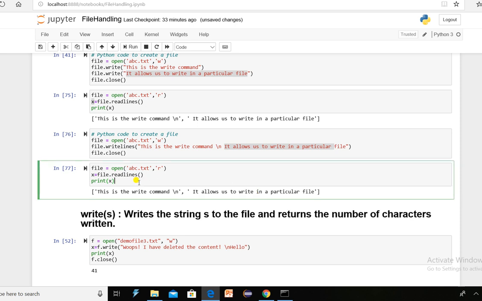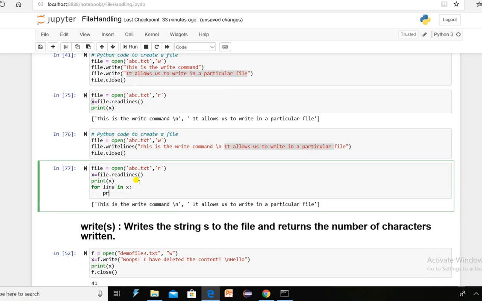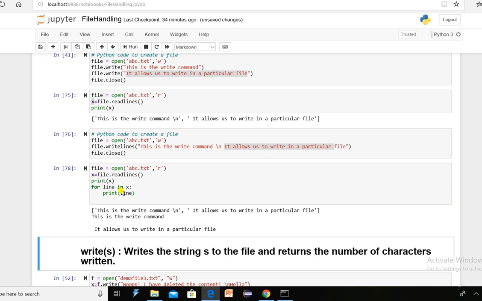And if I want to read it, how can you read? Suppose for line in x, print line. It will give me: this is the write command.